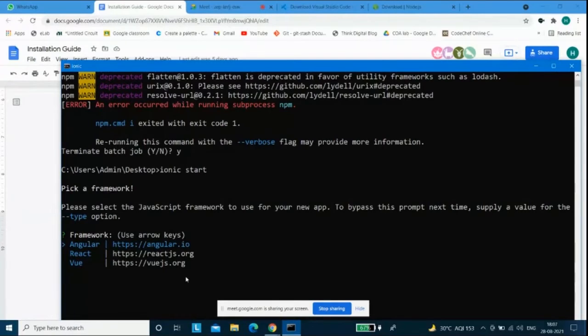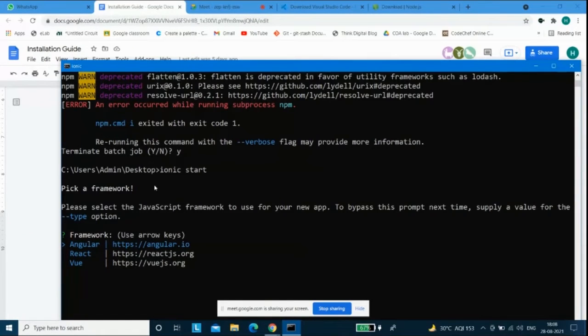Yeah, it was coming after the N. It just asked you if you wanted to continue with the App Studio or go ahead with the CLI. So that's why you choose no. N stands for no. Okay, then what to do after this? After that, you will be able to see these options like Hardik is seeing here. Choose the framework as Angular and then choose the template as blank. Then it will start creating the folders for you. It will also ask if you want to integrate it with Capacitor or not. Then you should go with no.